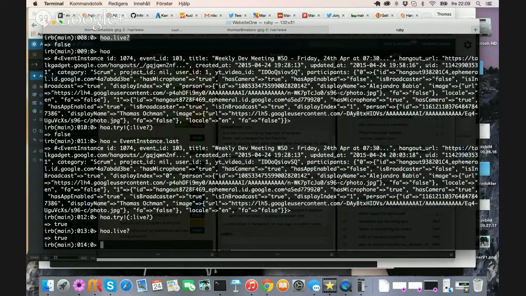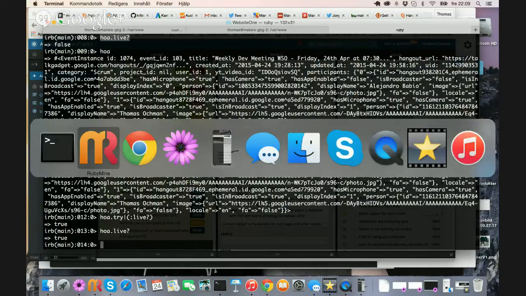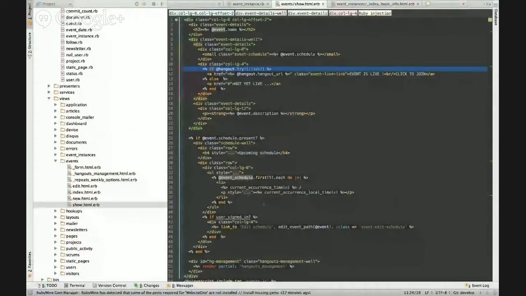What happens is that you create a Hangout, and then the Hangout connection app creates the event instance in our database. Yes, that's what I think. And that automatically writes this Hangout URL. So this bang method is probably not necessary. But it's not a big thing. It could hang around. It's just a little weird, basically.